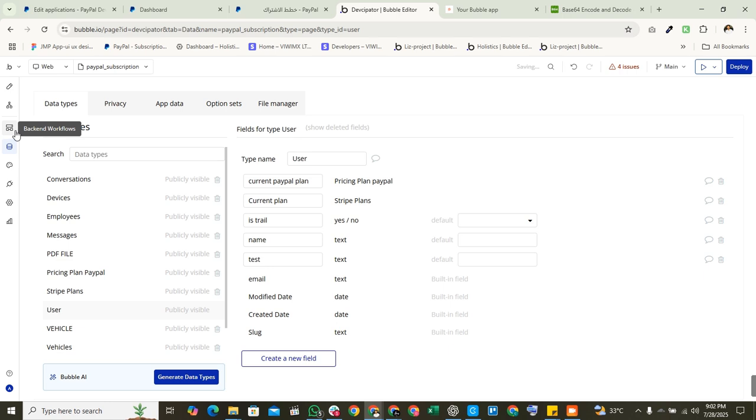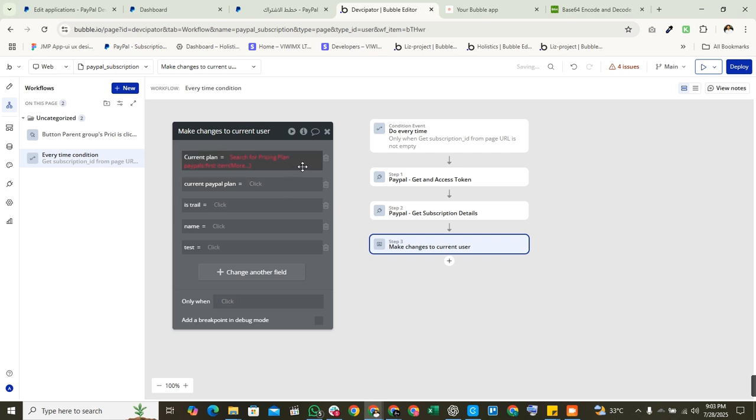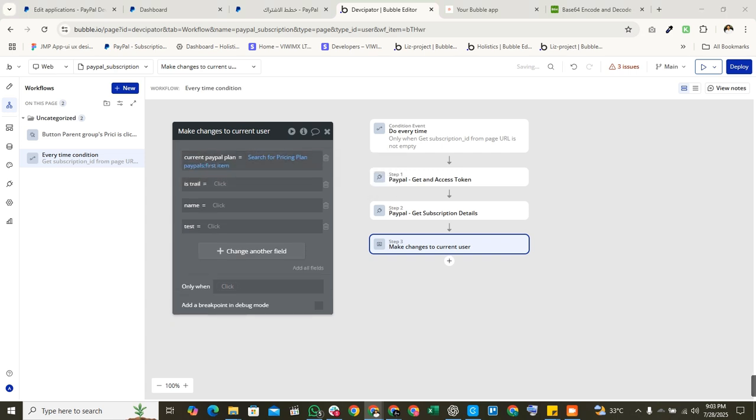That's it. Let's just try it again. Copy it and paste it here. That's it. Okay, and the other relevant information that we can save inside the user is status,